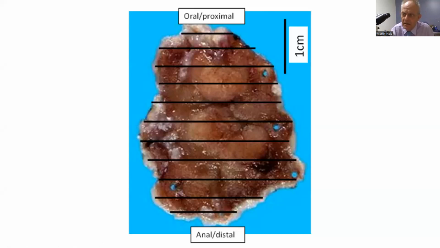10 sections, each of which will get a 4 micron slice. So effectively, all we're looking at is 40 microns of tissue over a 4 centimeter piece of tissue. So what we're sampling, in fact, is very small. Now, you may say, well, that's a bit of a disaster. Well, the answer is not really, because if we see an area that requires further investigation, we can then go and delineate that particular area.